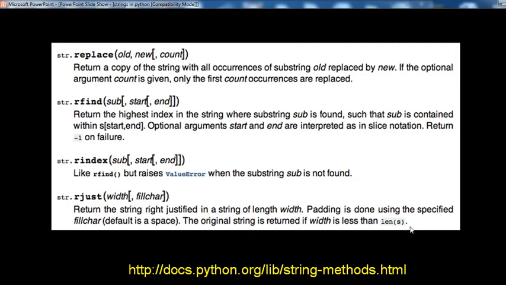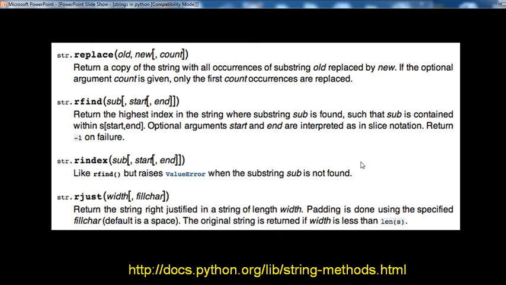Now these are the examples. What is the meaning of that? See one example, str.replace. If you want to replace something, that is old, new, count. It returns a copy of a string with all occurrences of substring old replaced by new. Whatever the word is, it is replaced by the new. If the optional argument count is given, only the first count occurrences are replaced.